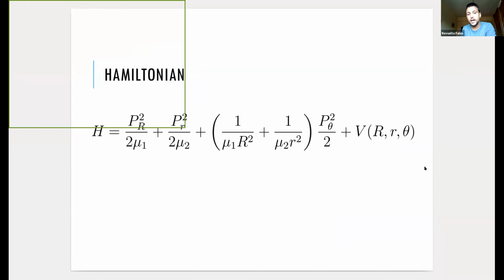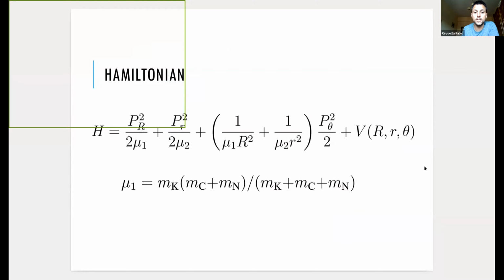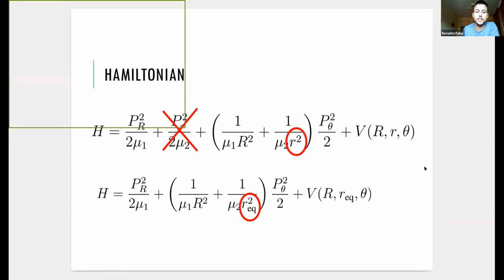So the Hamiltonian, in principle, if you use these kinds of coordinates, which are the Jacobi coordinates, looks like this. But again, if we assume that the distance between carbon and nitrogen is constant, then, well, here the mu's are reduced masses. If we take this small r and assume that it is constant, then the kinetic energy term p_r small is 0, and then the Hamiltonian just looks like that. Okay, so we have a kinetic energy term for the big R, a kinetic energy term as a function of theta, and then the potential energy.